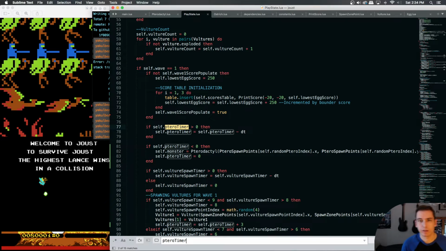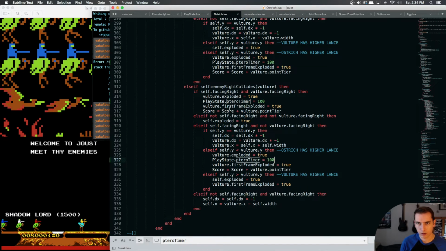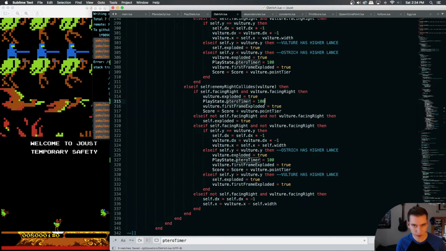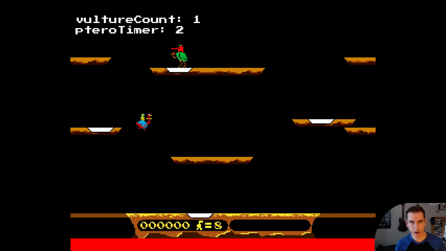This isn't modifying pteroTimer other than decrementing it if it's greater than 0. This one isn't modifying it at all. Unless it's smaller than 0. And these only modify it at the beginning, so how come pteroTimer does not get modified on a vulture explosion? I thought it would crash, but it just does nothing instead. Not sure where it's overriding that, or